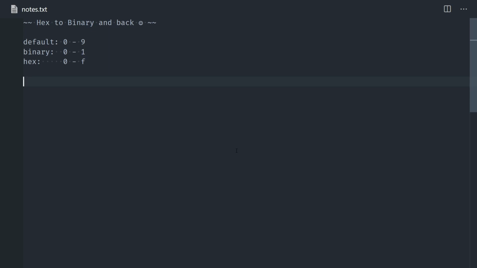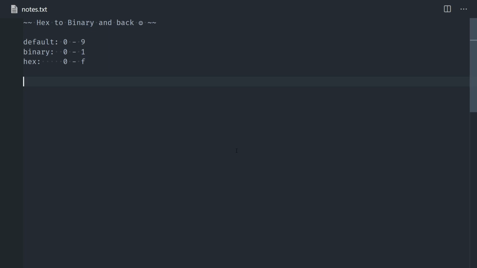So, converting from hex to binary and back, we first have to know about each of the number systems. We've got our default number system, which is base 10. That's what we're common with, that's what we know: 0 through 9. Each of these we can say is a symbol. And that way, when we're talking about hex, we can see there's an F. That is just the way a number is represented. So we can represent the number 10 as the letter A, and that will only take up one spot in